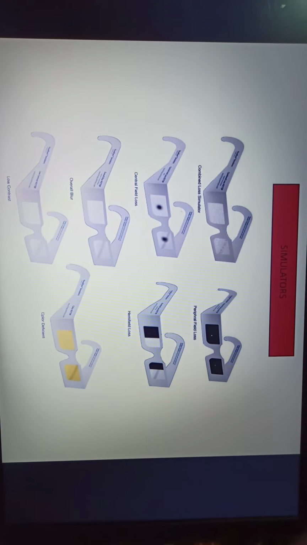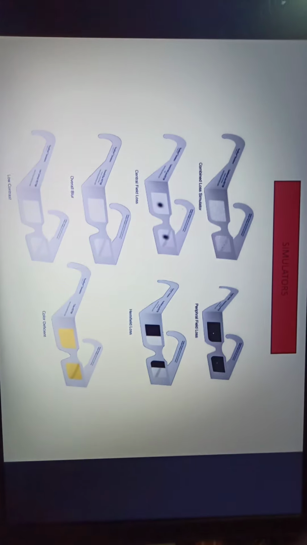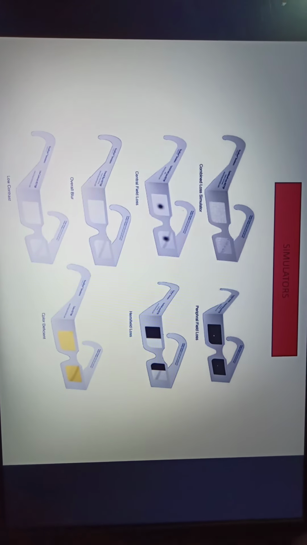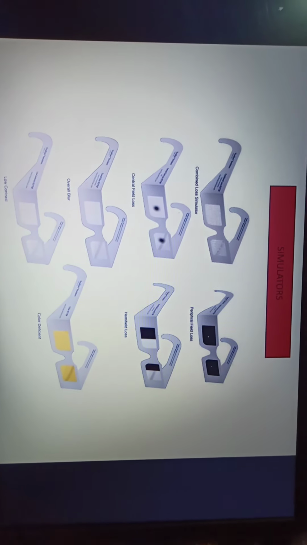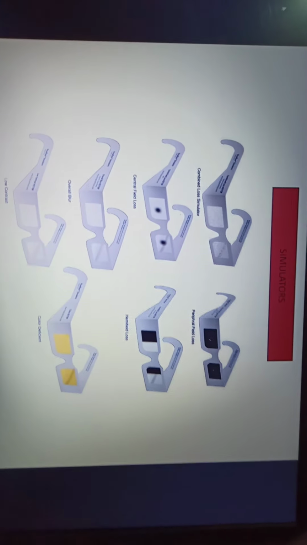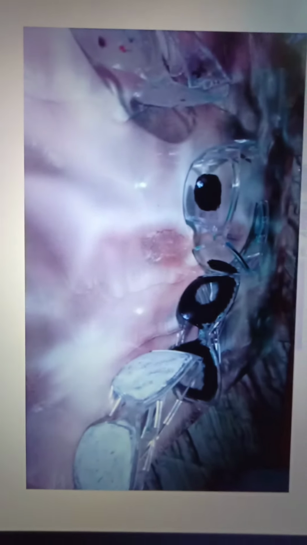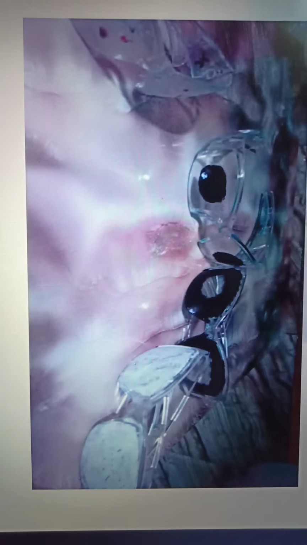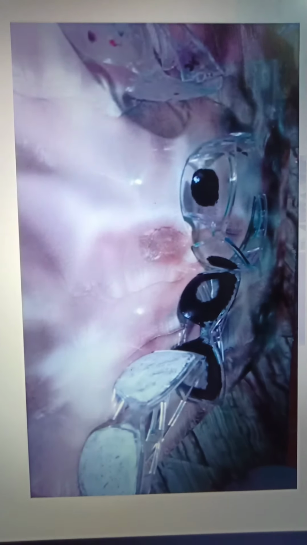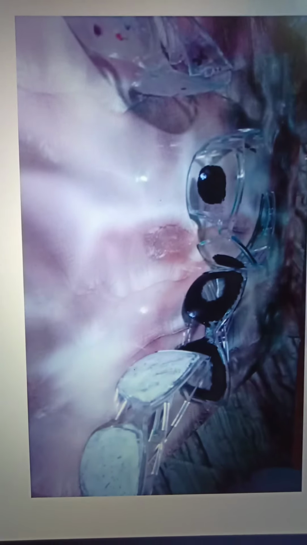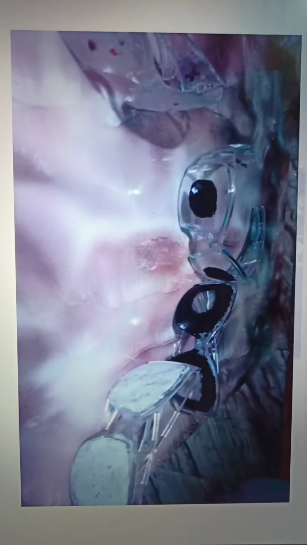Instead of telling the relative, okay, this is how the patient sees, just give him this goggle and ask him to wear it, then he will himself understand it much better. So what we had done is we had used these LASIK goggles and we had tried to simulate a few diseases. So this is a very simple thing which you can also make in your clinics.